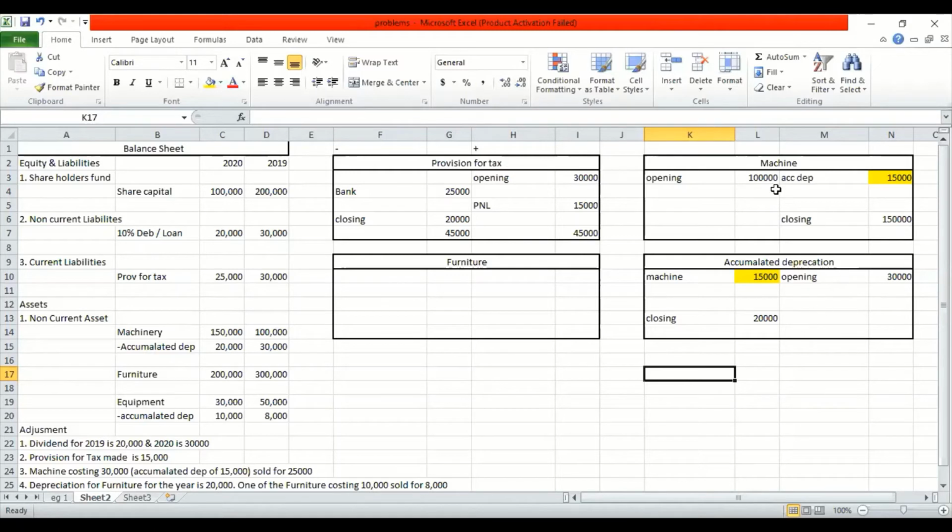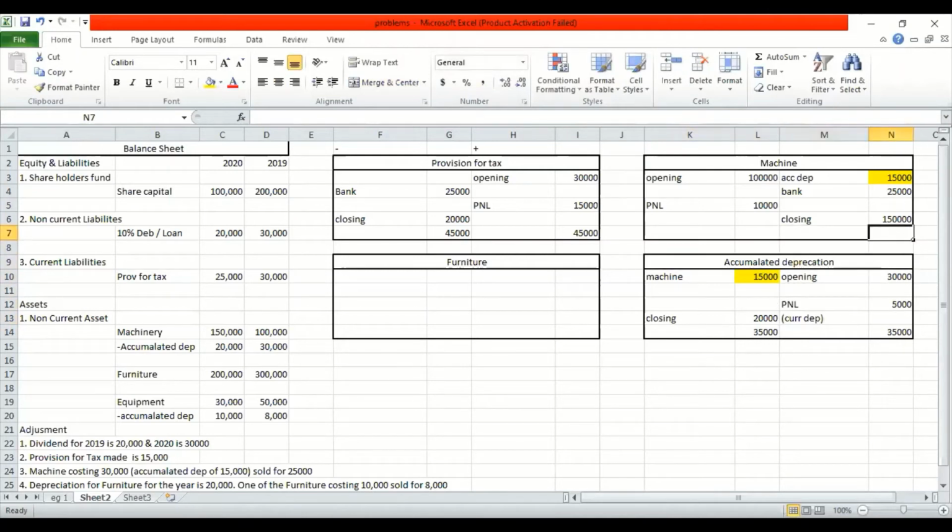Whenever you're selling for 25, immediately over here write bank 25,000. And then because you made a profit, you will be writing P&L account here. And what is the profit you made? 10,000. That's it. The ledger is over. Now you have to simply close the ledger. 20 plus 15 is 35. Over here again it is 35. So 5,000 I will be writing as P&L. This is your current year's depreciation.